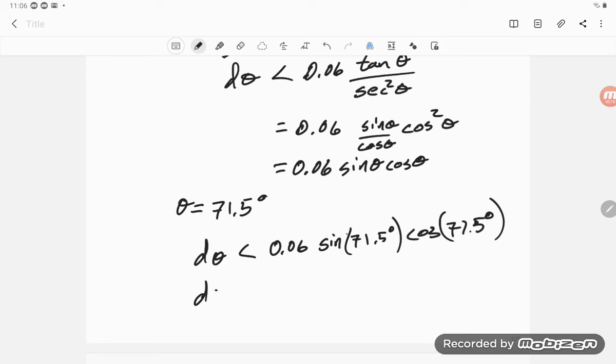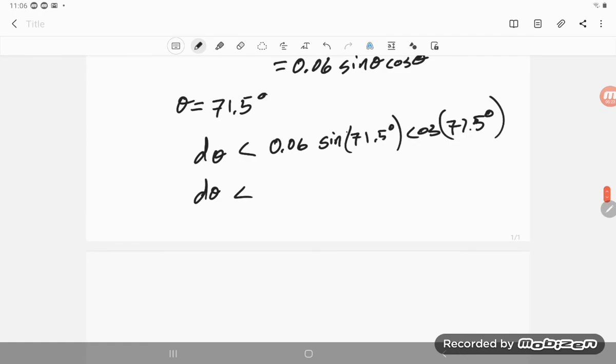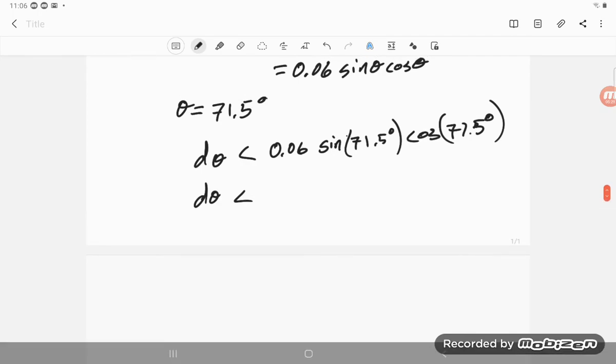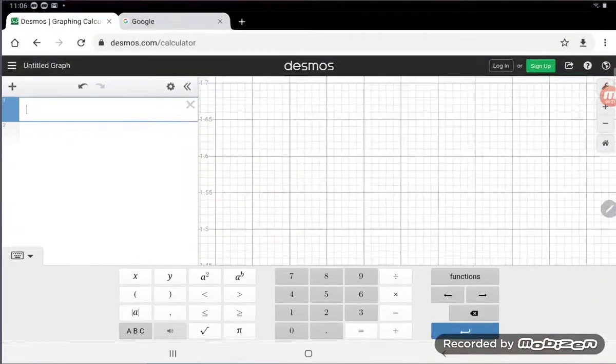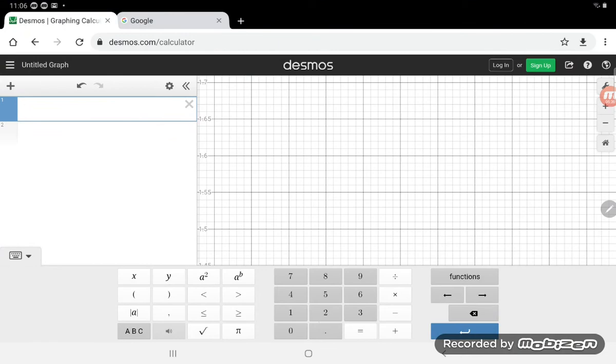And so d theta needs to be less than, well, go back here to Desmos, and I need 0.06